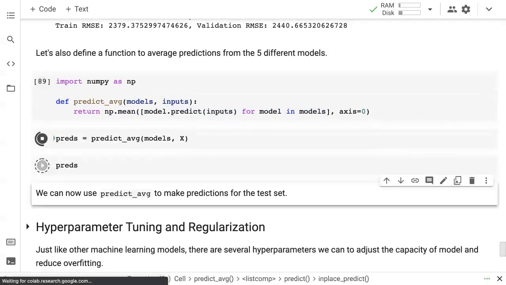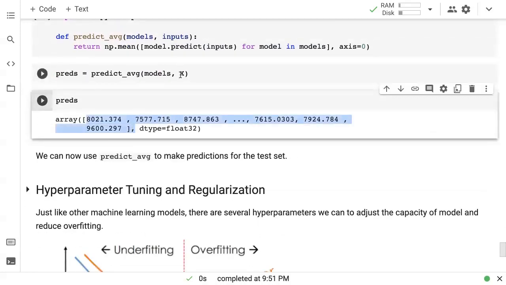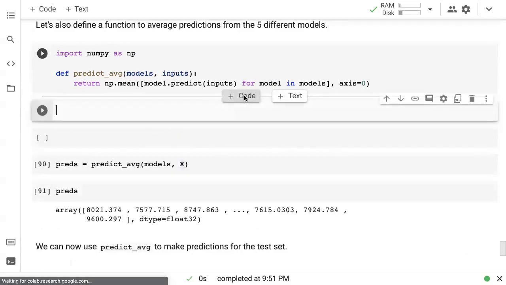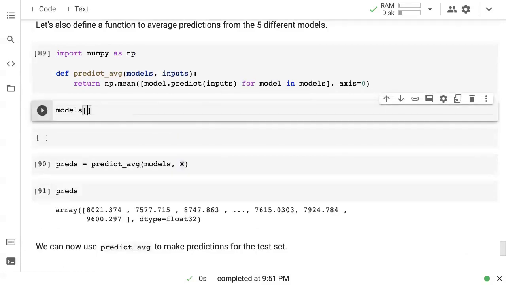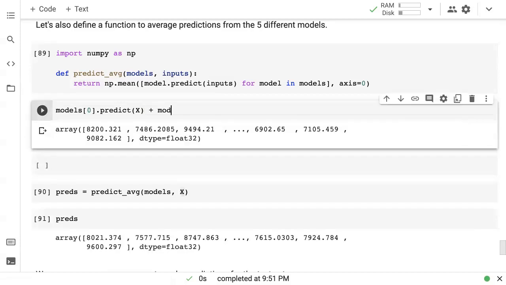So here's what that looks like. This is the average prediction obtained on the training data by taking the averages of the predictions of all the models. Okay, and you can do that. If you want, you can now break that down. You can say model 0 dot predict X, plus model 1 dot predict X, plus model 2 dot predict X and so on.